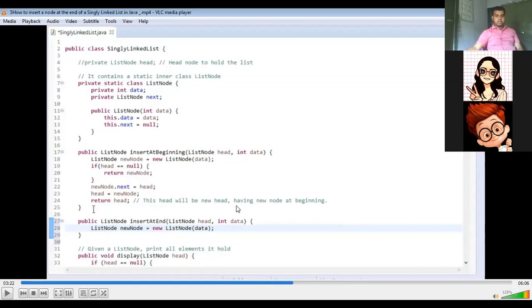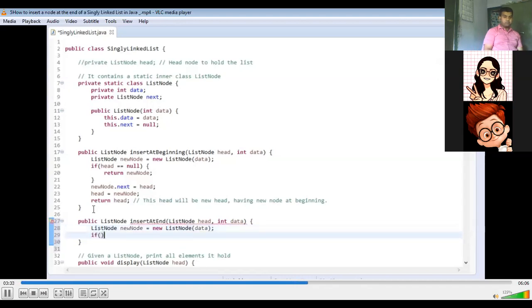But if you talk about the beginning part, in the beginning you can see you have the data part. So basically, once you create the node, the creation of the node is only focusing on the value. Try to understand this: the creation of the node is only for the purpose of storing the value. The position at which it will be inserted is a completely different process. Thus, we create an instance of list node with data passed to the constructor, and next pointing to null.